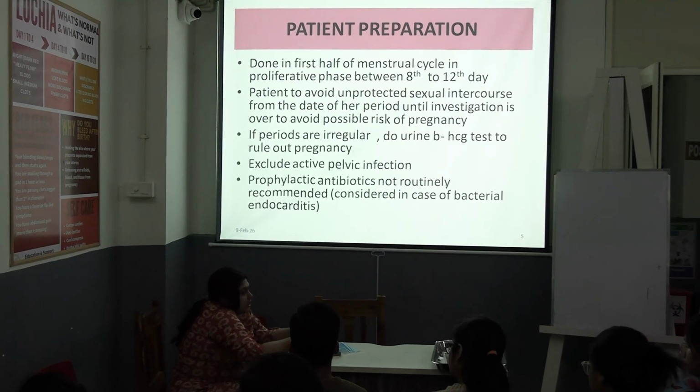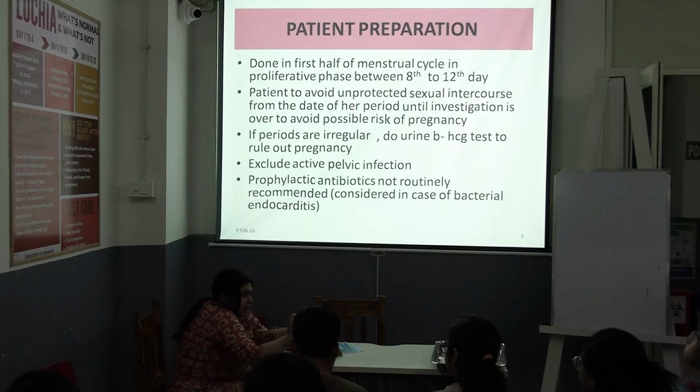Before the ovulation, that is 10 to 12 days. Generally, we ask the patient to come on day 6 or day 8 of her menstruation, and up to day 10 or day 12, we can do that. Because why day 6, day 8? Because already her menstruation is over and there is less chance of getting pregnant, as well as the internal os and the external os are already dilated.